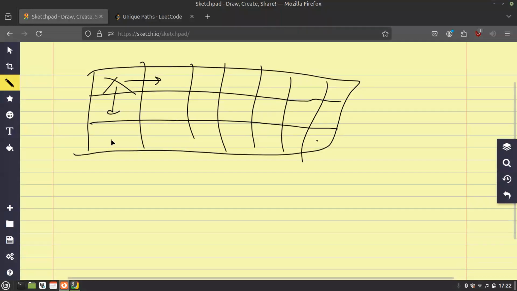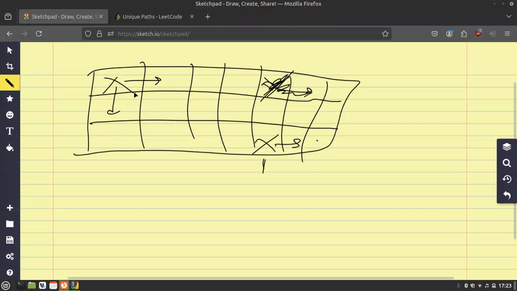Now, where you have to focus is these edges. If I am over here, I only have one way. I can only go in one direction. So this also depends on where I am going. Say I am over here, I cannot move to the bottom. I can move to the right. So the question